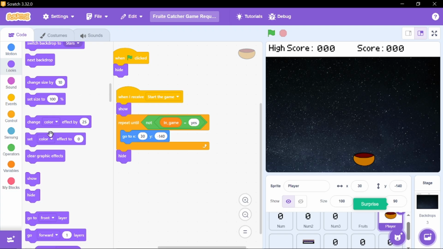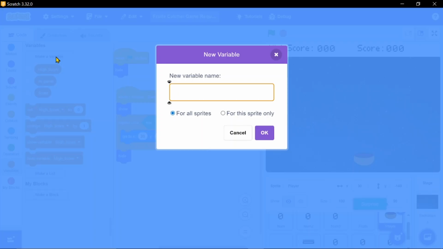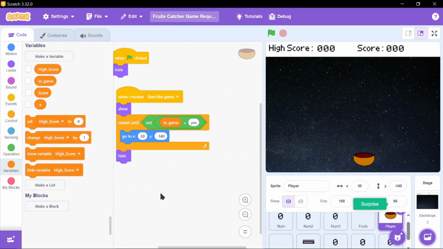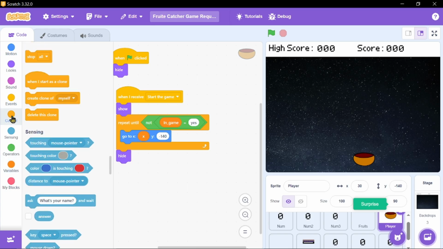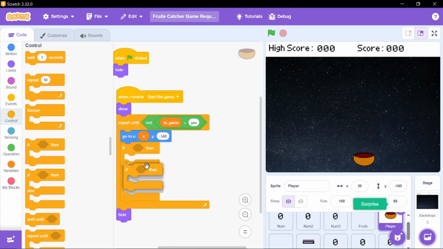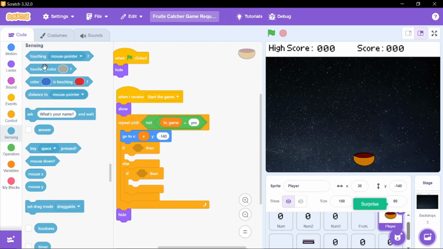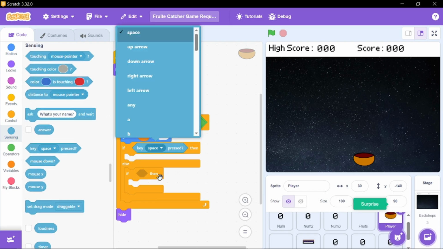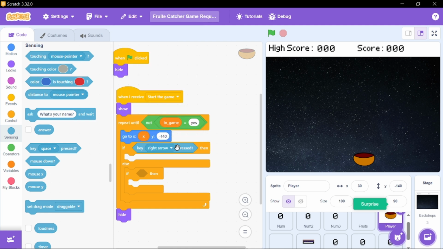Now the thing we're gonna do is that I'm gonna make a new variable for this sprite only, which is going to be x for this sprite only. Okay, and it's going to be if then else, and another if over here. If key right arrow pressed,